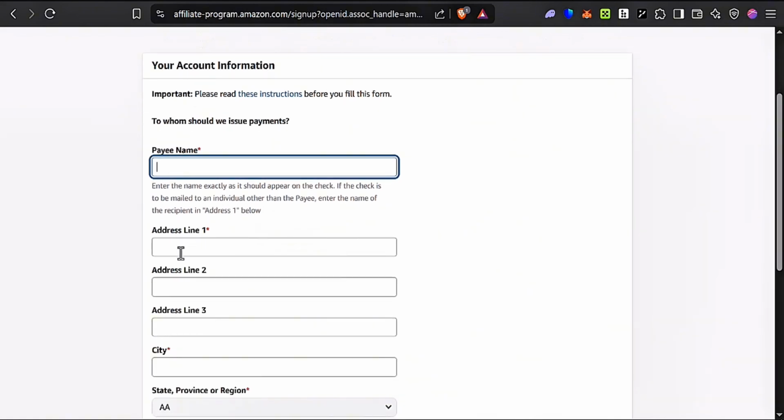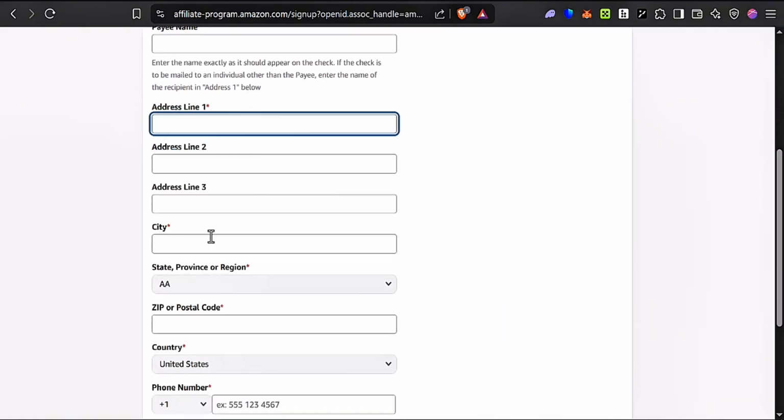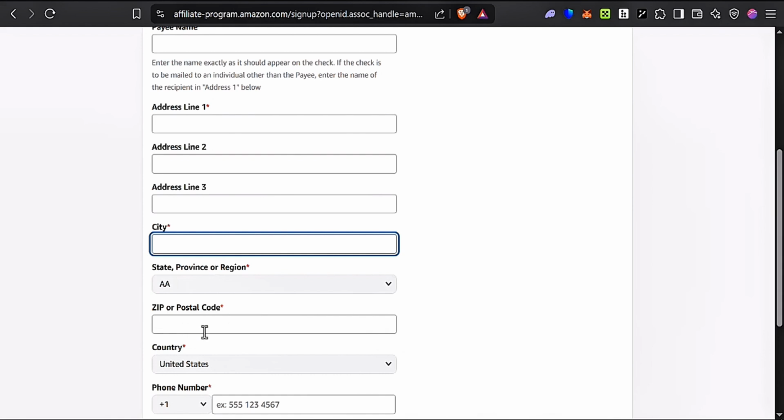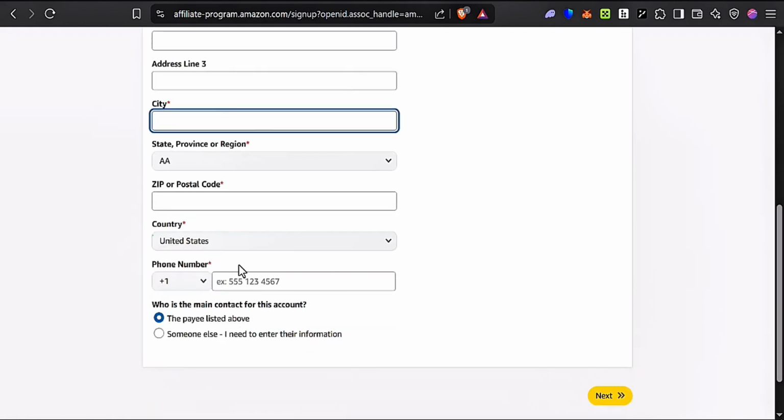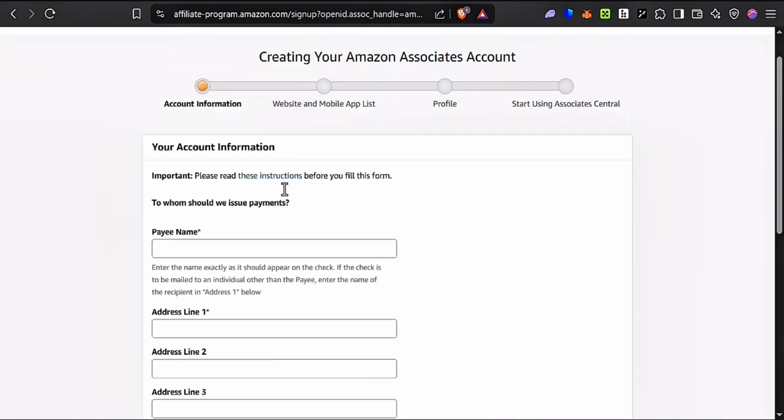And then you're requested to add an address as well as your city, province, postal code, your country, and your phone number. So who's the main contact for this account, the payee listed or someone else? I need to enter their information. So if you're creating an affiliate account for someone else, you need to enter their info as well. If it's for you, you enter your personal info like your phone number and email and whatever is requested